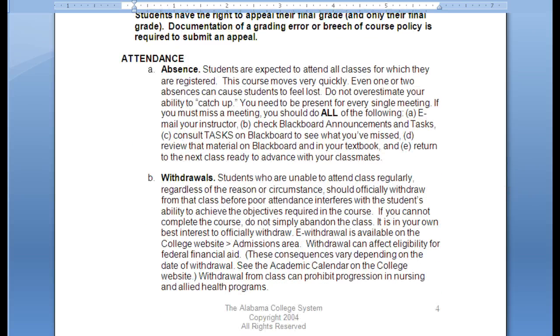Take a careful look at the attendance policy and the withdrawals policy. The policy is that you should be attending your classes, and if you don't, it outlines on the bottom of page 4 what you should do. If you say I was absent and you don't follow these procedures on the bottom of page 4, I'm going to ask you to take a look at page 4 and follow the procedures. Okay? Students who attend regularly tend to do quite well in the class. Students who do not attend regularly almost never pass. So that's something to keep in mind when you're struggling to get to school.